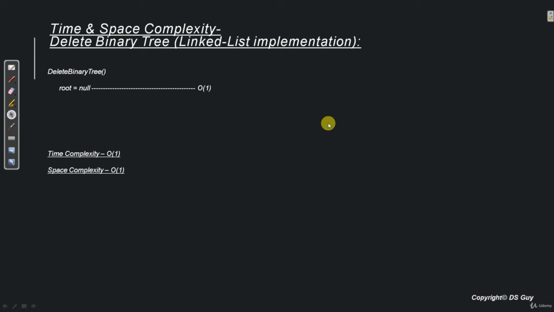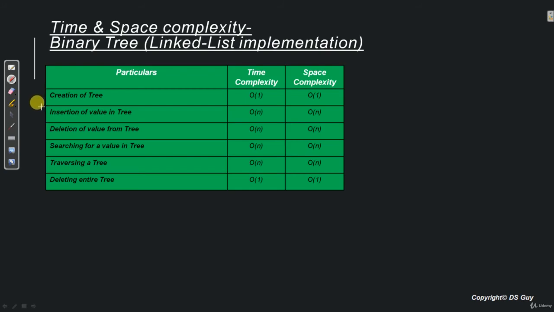Now let's quickly recap all of the 6 operations, time and space complexities that we have already learned. This will ensure retention of the information. So these are the 6 operations that we have learned in the previous videos. So we saw that creation of a blank tree took O(1) time and space complexity was also O(1). Inserting a value in the tree took O(n) time because we were doing a traversal for that, and doing a traversal takes internally O(n) time.